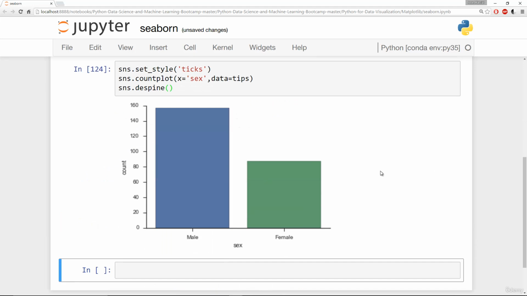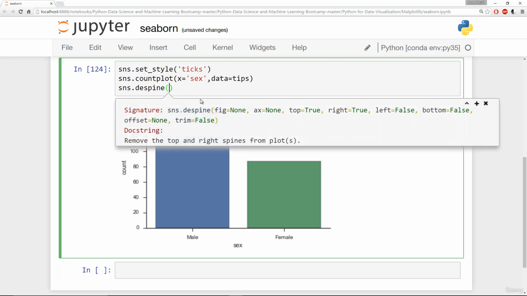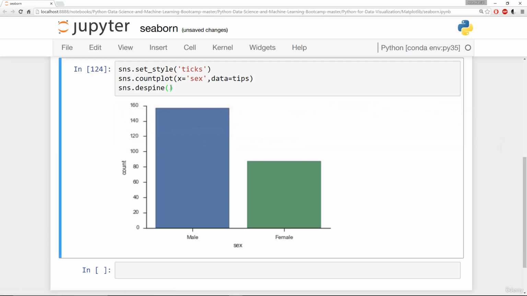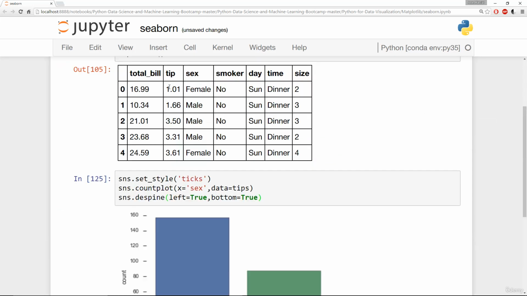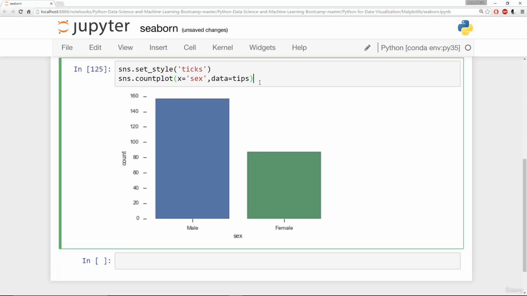If you want to continue removing the bottom or left spine, you can add those in as parameters. So it's basically top, right, left, and bottom. By default, top and right are True to be removed. Left and bottom are not, but you can specify that you do want them removed by saying left is True and bottom is True. This will remove basically all four spines. So if you're looking for a very clear, nice looking, polished plot, maybe you want to present it without any spines. I personally prefer spines in there, so I'm going to remove that and